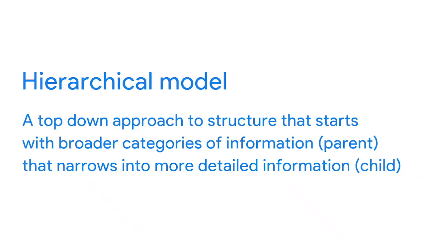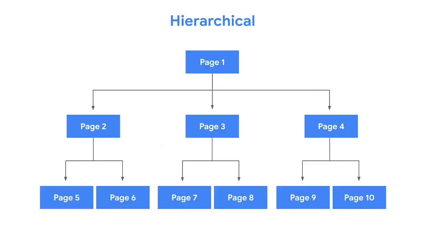Let's learn about them. The hierarchical model is one of the most popular website structures. It's a top-down approach to structure that starts with top-level categories of information, referred to as the parent level. Then content is narrowed into more detailed information, called the child level. This structure is very similar to a family tree, which is what the parent and child level terms are based